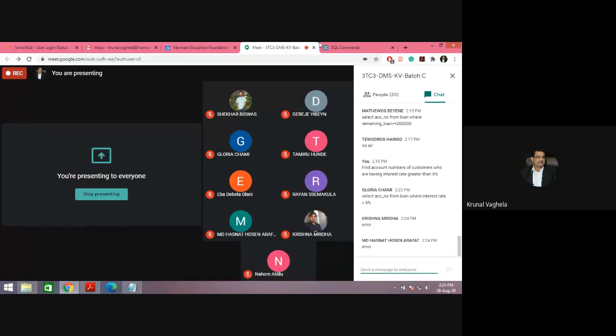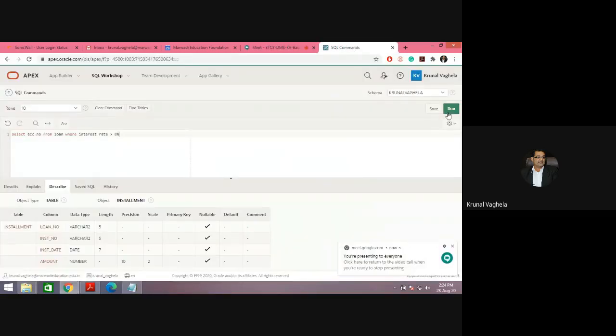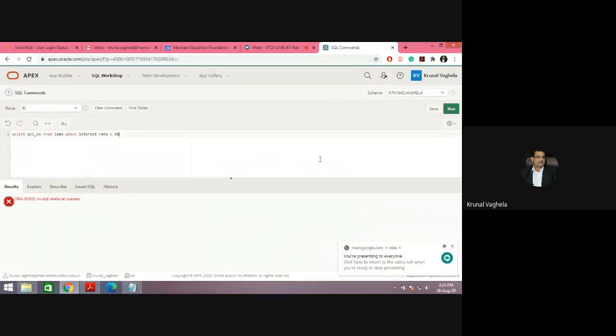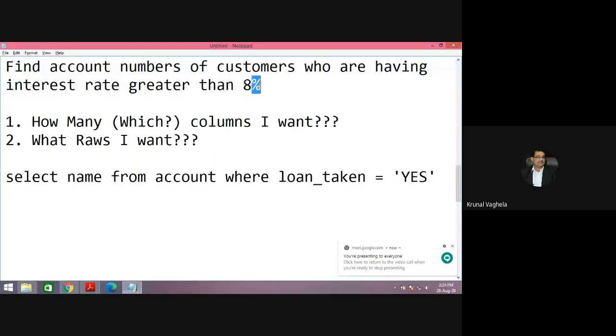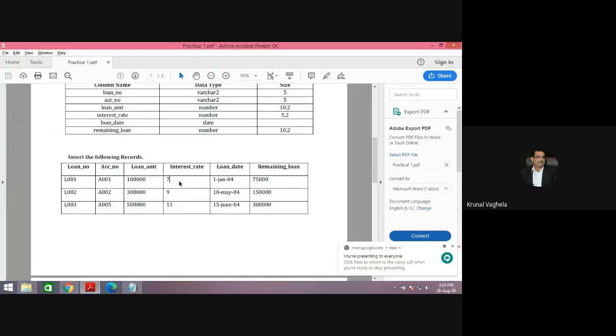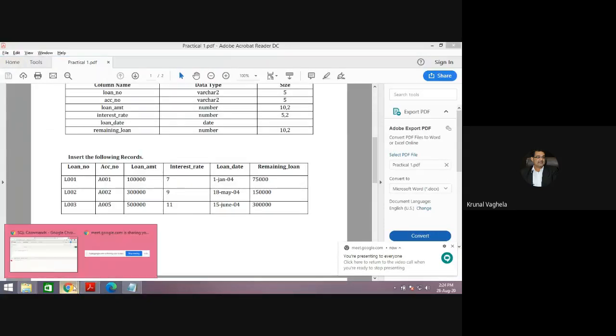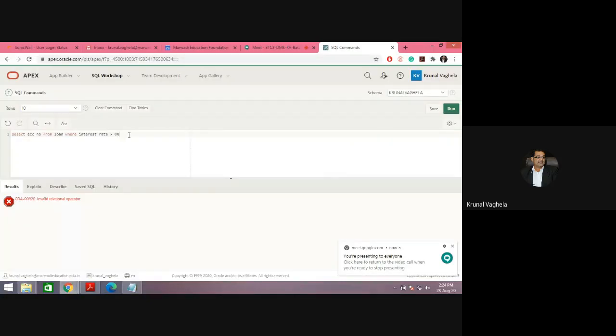Let's see. Invalid operator, because see in our table there is not any percentage sign. Percentage sign is just in the query I asked, but in our data there is no percentage sign. So Gloria, there should not be any percentage sign. Now it will run.